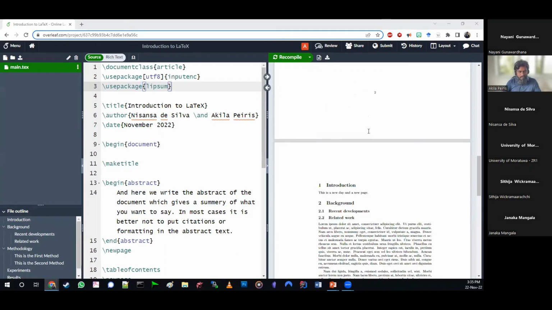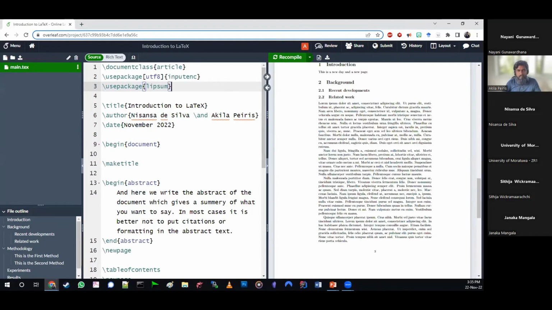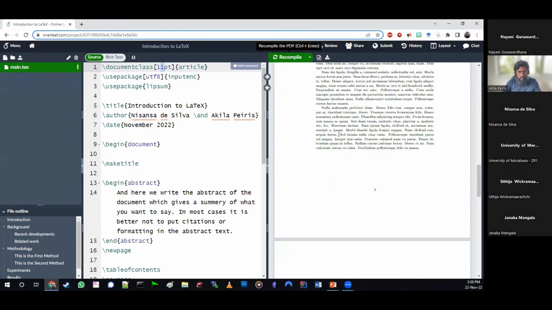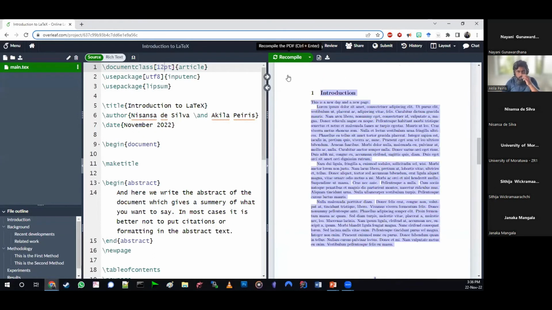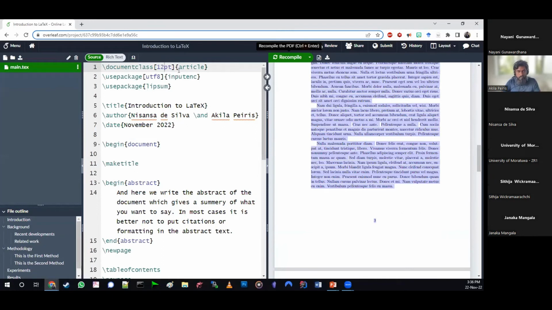Another thing that I promised to show, and I'm going to show it before I forget, is how to set sizes. So we can say 11 pt, and I think this is already 11 by default. If we put something like 12 pt, you will see that the font size gets larger, and all of these accordingly get larger. Usually it's going to be one setting, because you are adhering to, for example, the University of Moratuwa format, where you are asked to have a certain size.